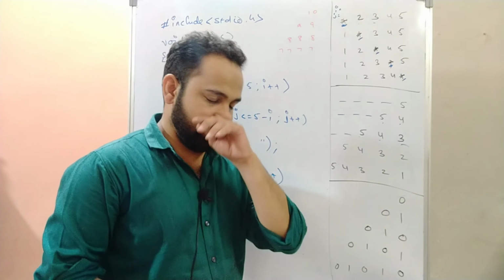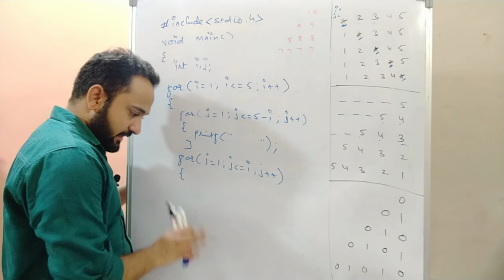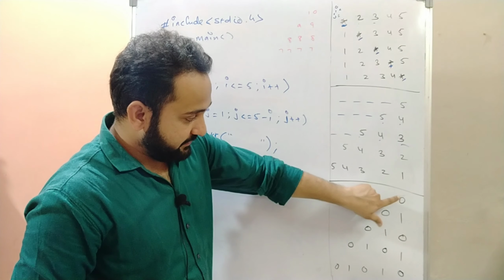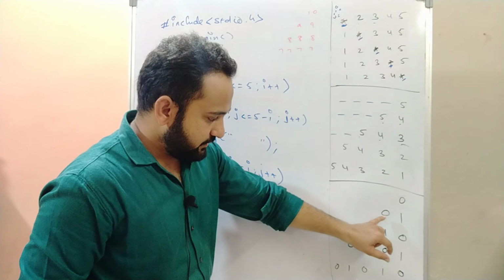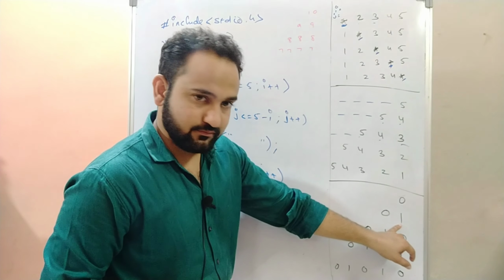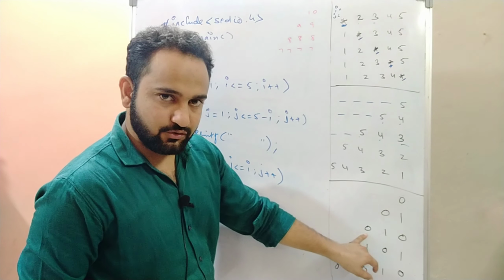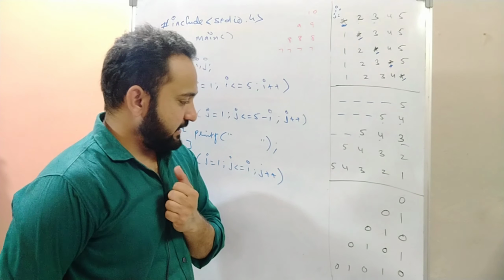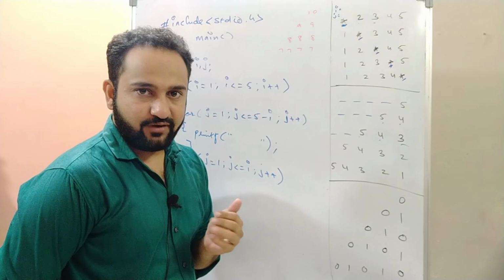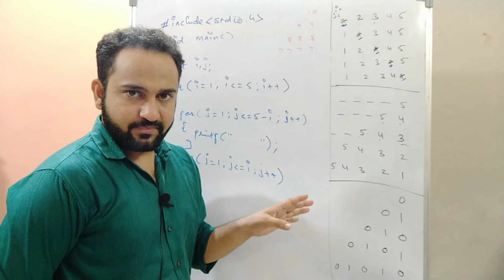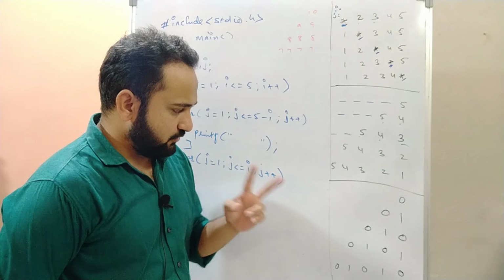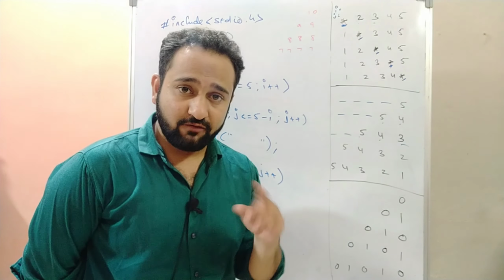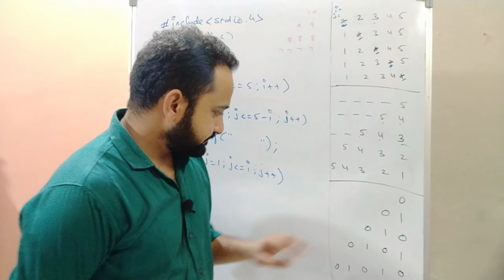Now think about printing. In this for loop only, you just have to focus on what you have to print. See, you have printed 0 here. Again you are starting with 0, 1. On third you are starting with 0, 1, 0. By seeing the pattern, you can't really go with the value of i, the value of j, or the value of k, right? But if you see it carefully, only two things you have to print, either 0 or 1. Now when you are printing 0 and when you are printing 1, you have to focus on that.